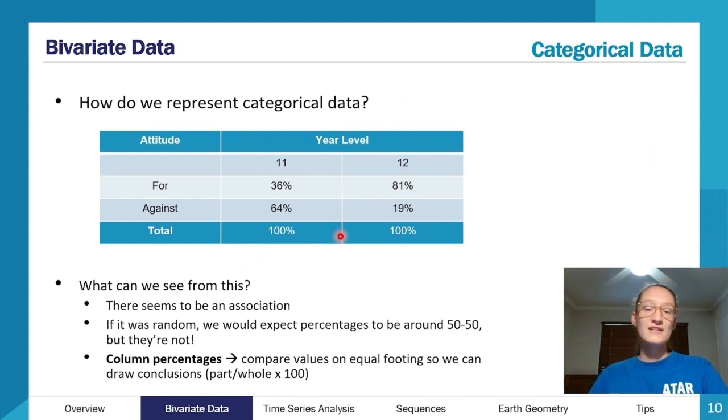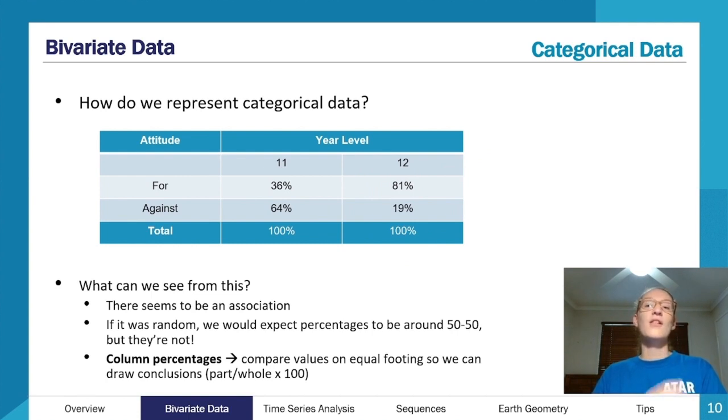One thing that I want to draw your attention to as well is the word two in the title, two-way frequency table. That's actually not referring to how many columns or how many rows there are. We could actually have multiple columns or multiple rows and still have it be called a two-way frequency table. It's a two-way frequency table because it goes two ways. We can read down and across it both ways, and by doing that we can actually draw meaningful